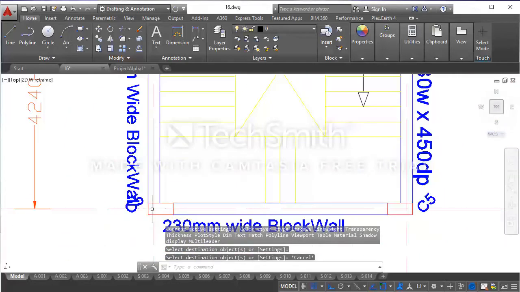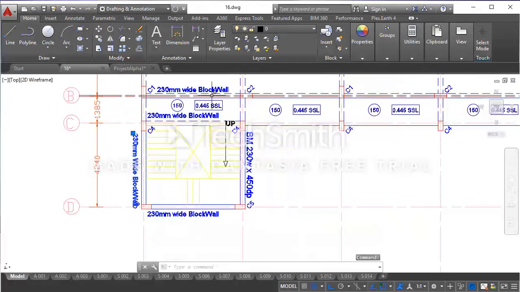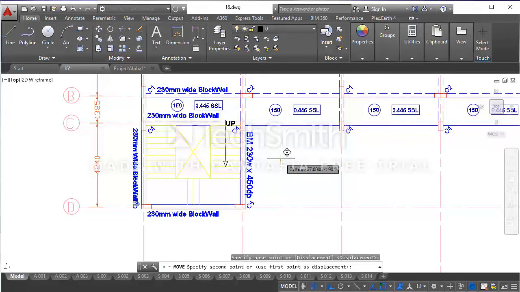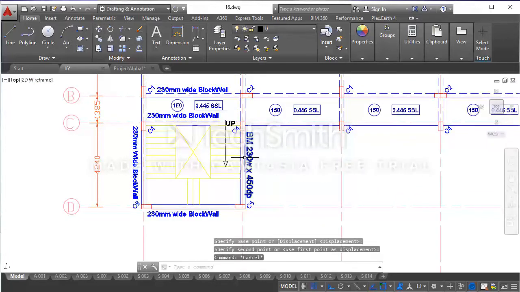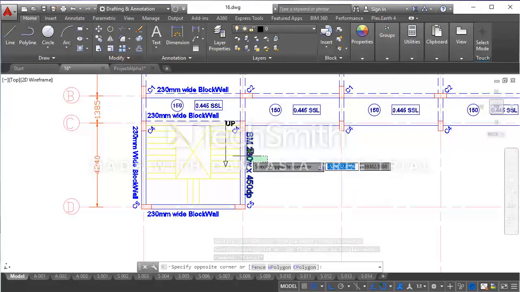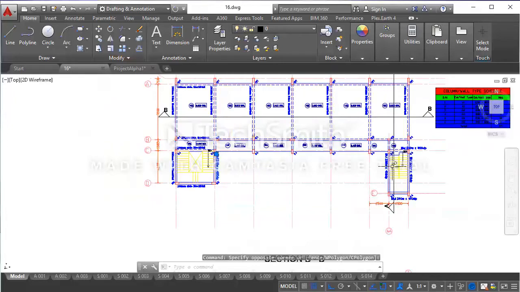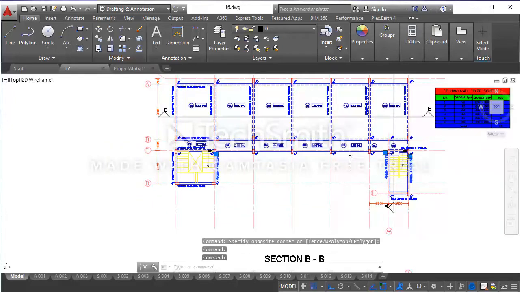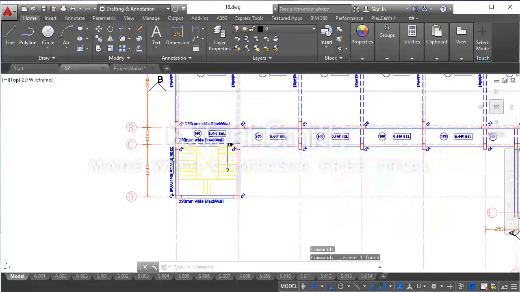And the label interferes with my column label, so I'm going to move it upward a bit. Then I'll delete this text, delete this text, delete this text. I'll select and delete the text.